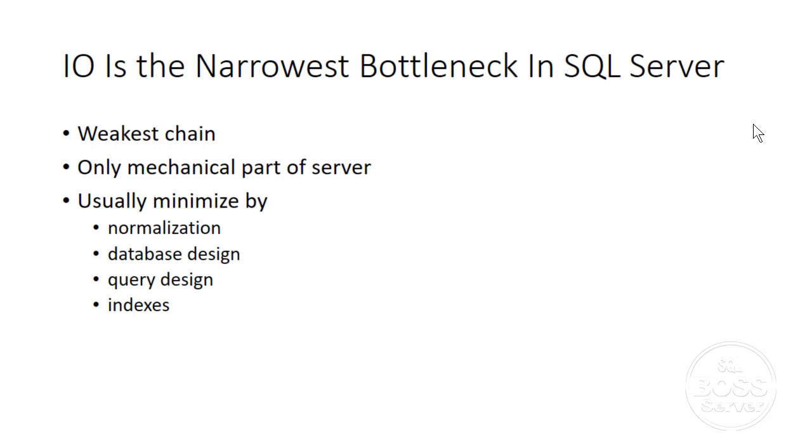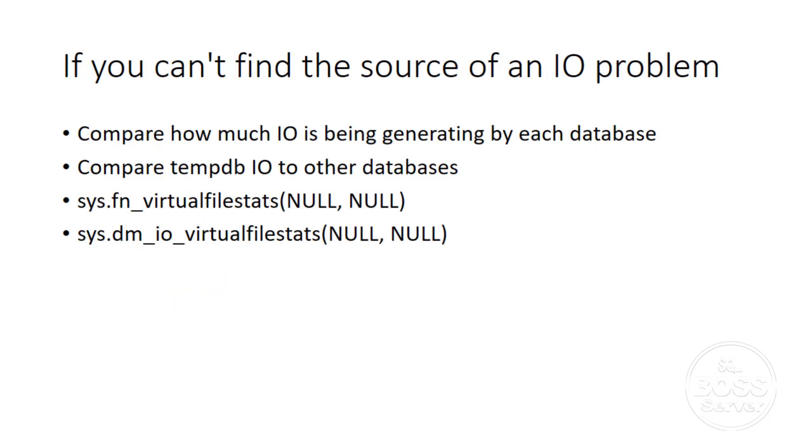That's because I/O is the narrowest bottleneck in SQL Server. Sometimes we say it's the biggest bottleneck. No matter what we say, when we say bottleneck, I/O is it. It's the weakest link in the chain of events that comprise a query execution, because the disk is the only mechanical part of the server, unless you're using solid-state disks. Usually we minimize I/O by normalization, database design, query design, most of all by indexes. If you can't find the source of an I/O problem, think of this video and remember that you would like